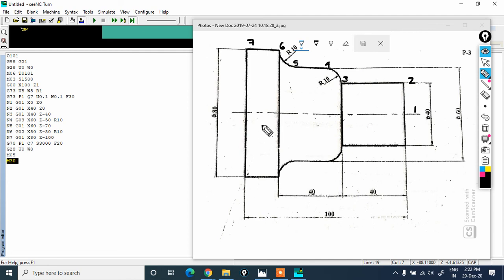Whereas for G72, you need to define your cutting position from here: this will be your first, second, third, fourth, fifth, sixth, and the last seventh position.